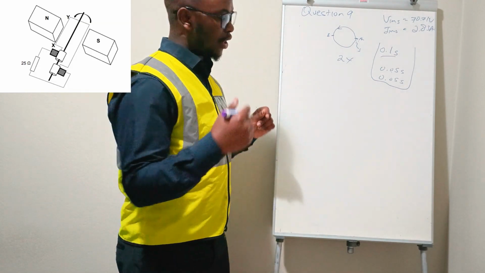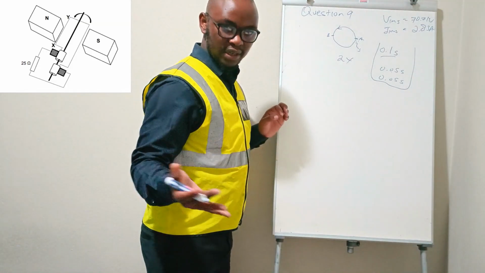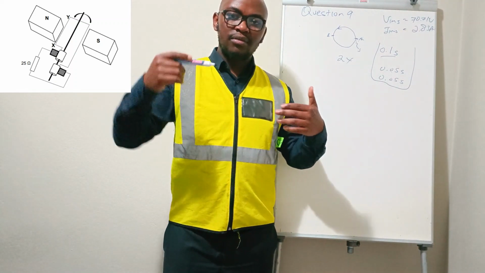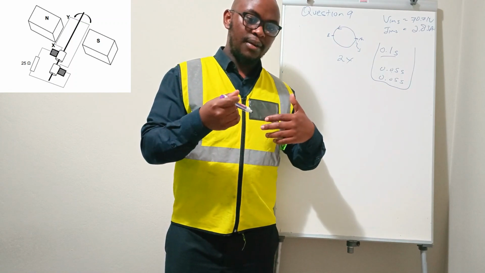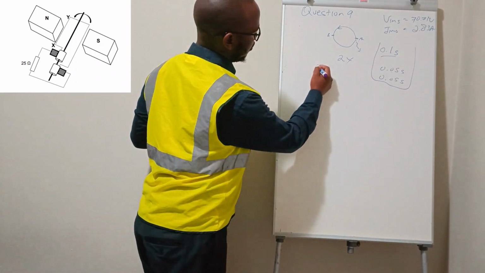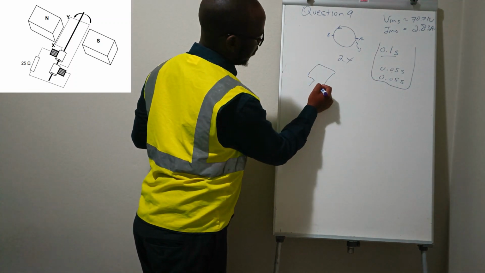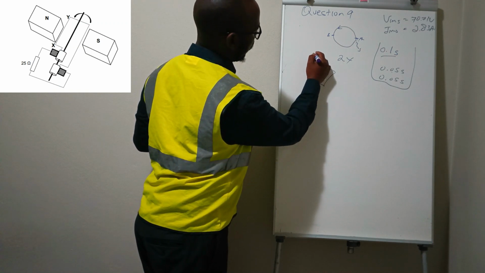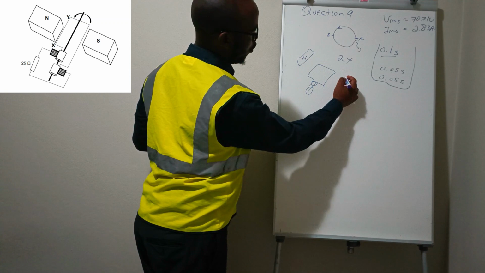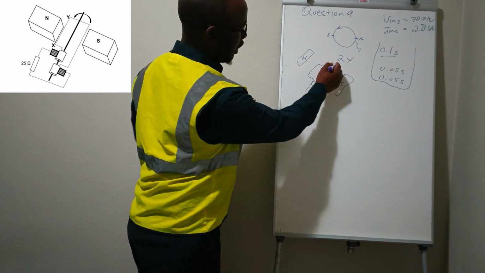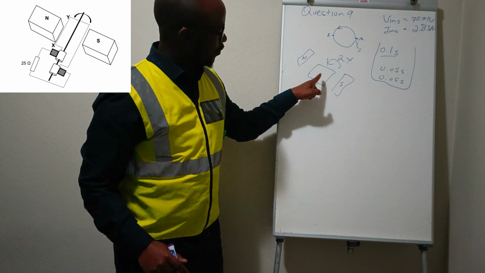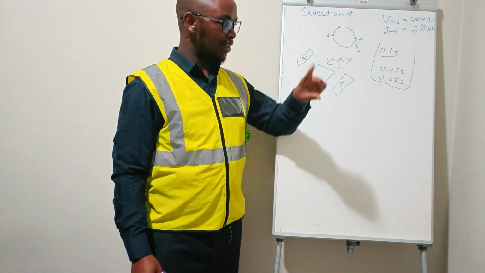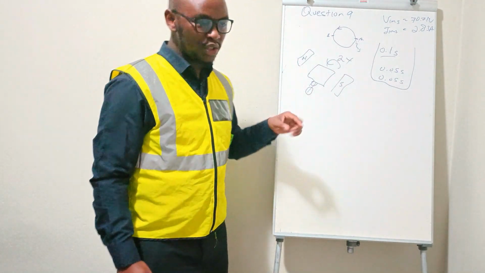A generator or a coil, like from the diagram that I'm going to attach here, where we have the coil in a magnetic field. So the coil, and then we had that north pole, and we have that south pole, and we have the coil rotating there. If we have a coil that is exposed to a magnetic field and is in motion, it is going to induce current